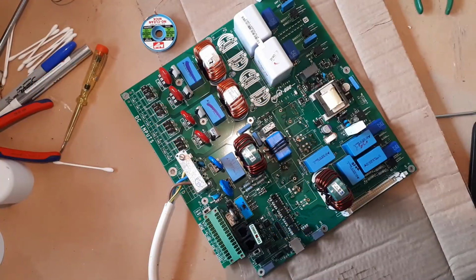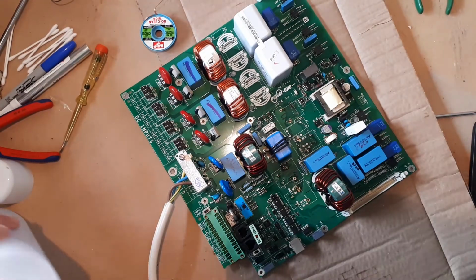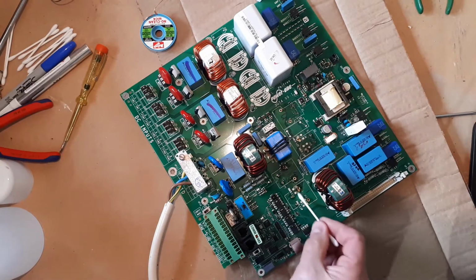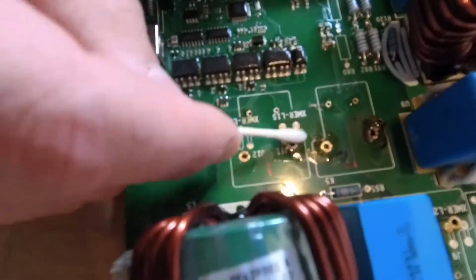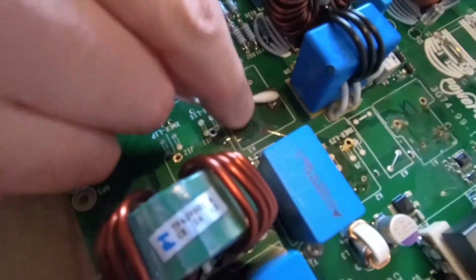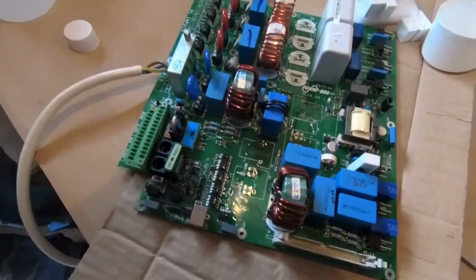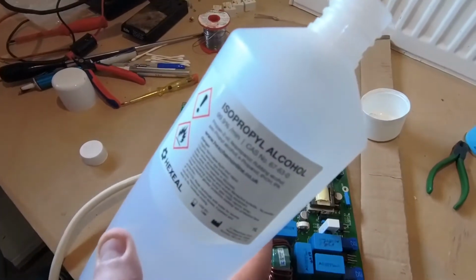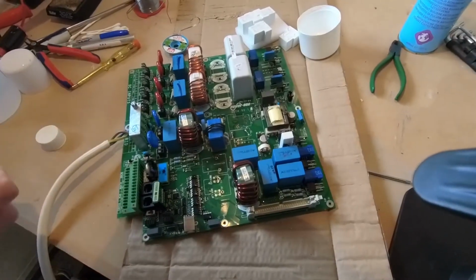So next part of the journey is to clean up this circuit board so that we can solder in our new components and actually also get the chance to see what damage has been done to the circuit board. Now I think from what I see so far, we're okay. The circuit board appears to be relatively okay. It's a bit caked and it's a bit black in places, but what I'm doing for the moment is I'm just going round. This is the initial clean with a cotton bud soaked in isopropyl alcohol, commonly known as IPA,